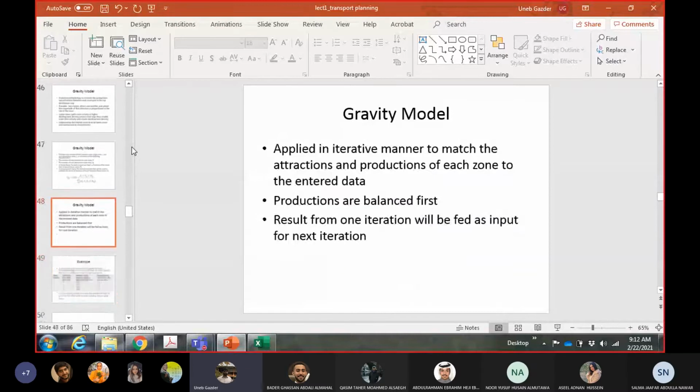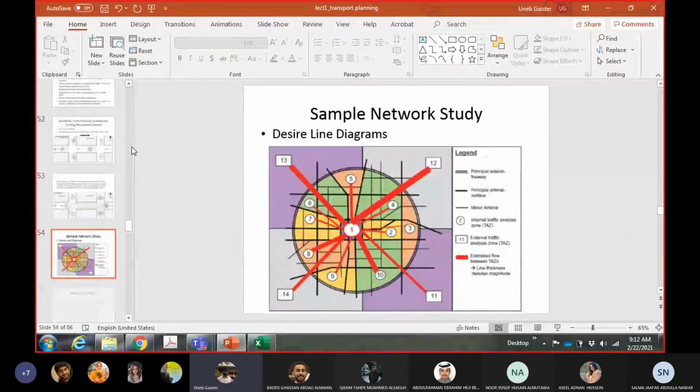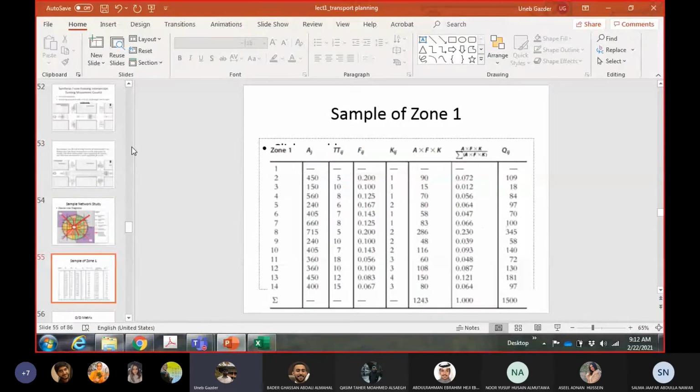Obviously they have given us the data only for zone 1, so we will only apply it to zone 1. But that was the first step. The first step was to adjust trips attracted. Now I already have this column. And obviously for zone 1 they haven't given me the travel time and the K factor,